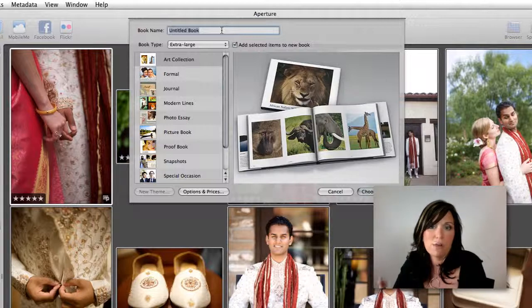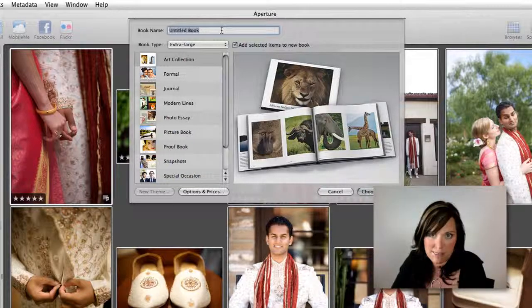So the square, you want to make that the largest possible size that the square book could be. So for some people that's 15 by 15, and for others that's 12 by 12. Totally up to you on what you make that size, but make it the largest possible book that you'll ever do as a square. The second is for the horizontal and vertical. There are a few sizes that actually size down to other sizes that make sense. For instance, a 12 by 18 also becomes a 10 by 15, which becomes an 8 by 12, which becomes a 6 by 9, which becomes